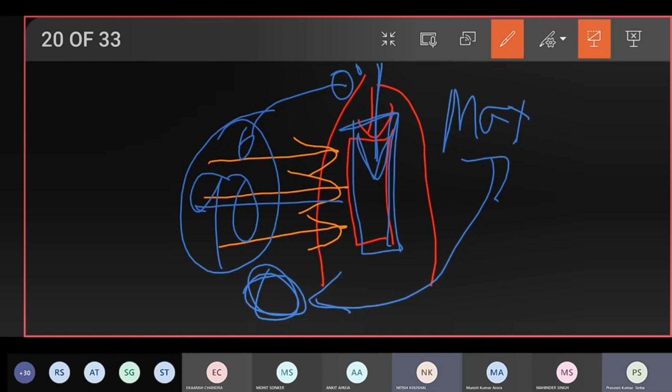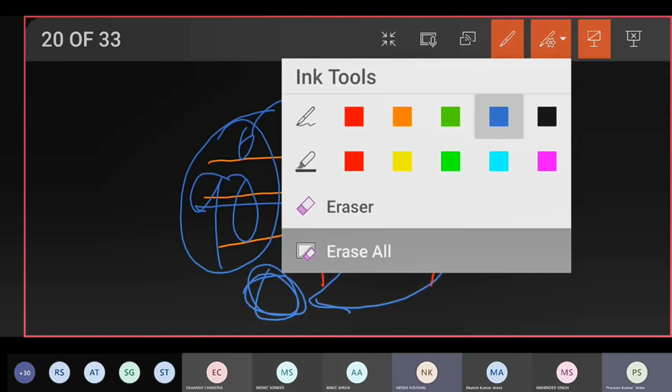Okay, so as you can see, at 0 degree maximum, at 90 degree 0. So we are going to get only